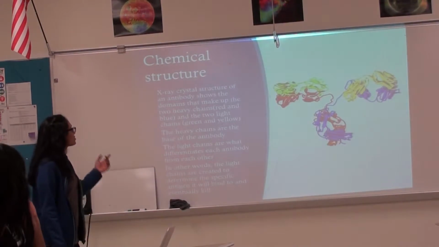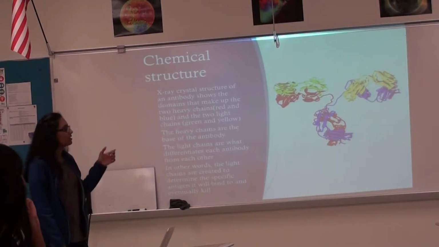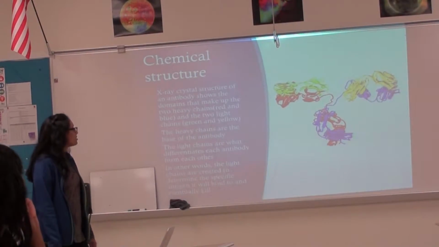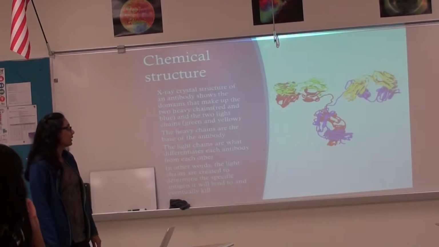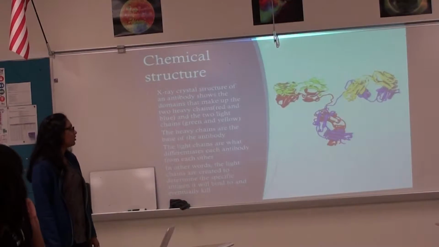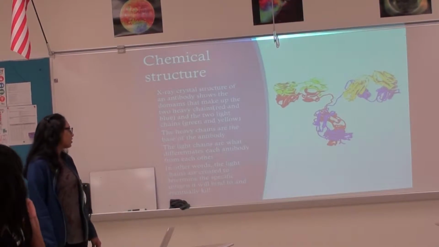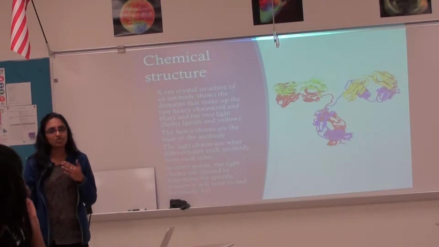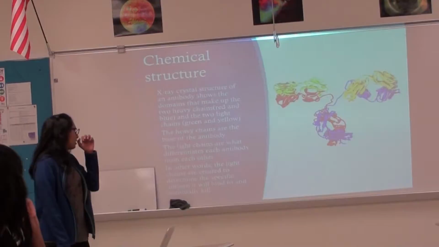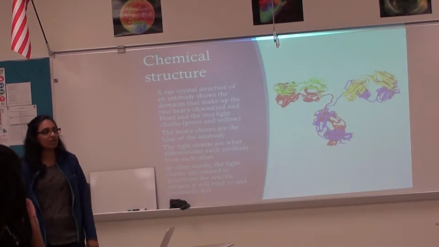This is an X-ray crystal structure of the antibody, and it shows the domains of the antibody. You have your heavy chains, which are the red and the blue, and your light chains are the green and the yellow. Your heavy chains are the base of your antibody, while the light chains are what differentiates each antibody from each other. In other words, the light chains are created to determine the specific antigen it will bind to